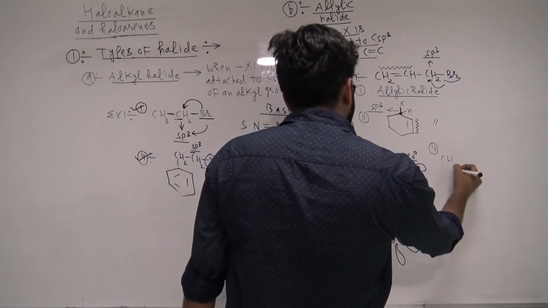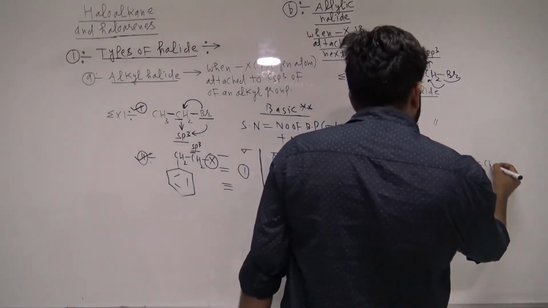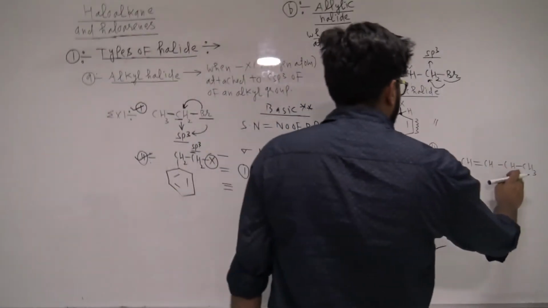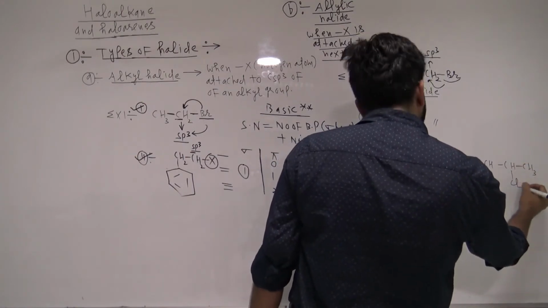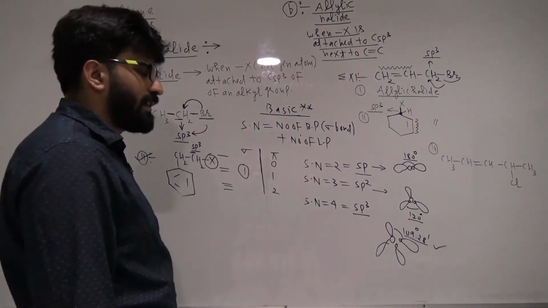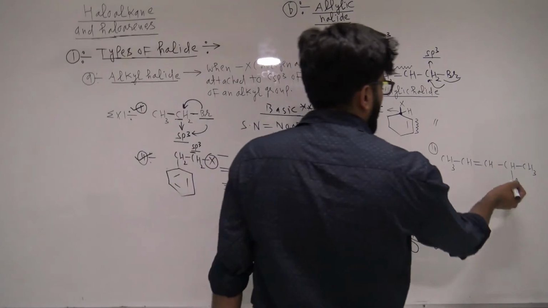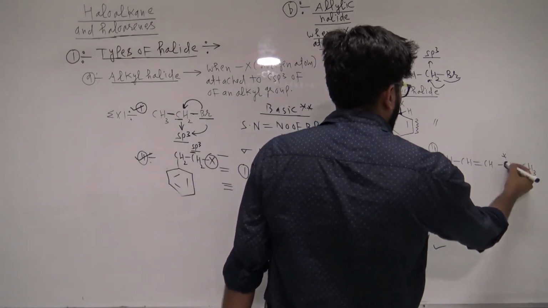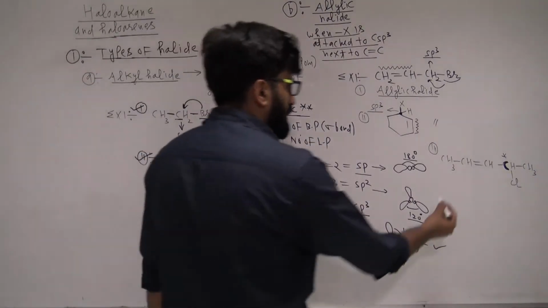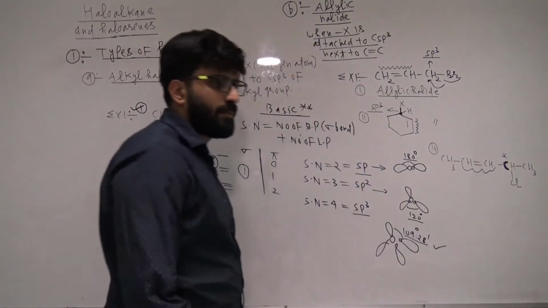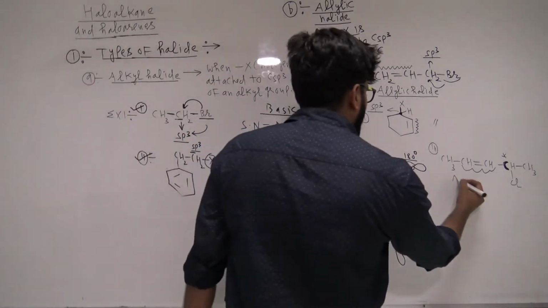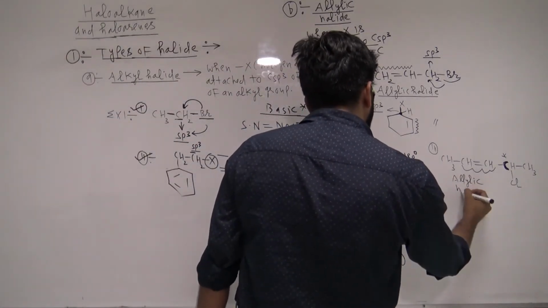Like, let's say we have CH3, CH double bond CH, CH2 and CH3. And suppose I have added Cl over here, right? So what kind of halide is it? Again, the halide can be checked with the help of the carbon that is attached to the halogen group. So this carbon's degree we are going to check. To this carbon, this halogen is attached, but this carbon is next to C double bond C. This carbon is next to C double bond C. So what kind of halide will it be? It will also be allylic halide. What halide, guys? Allylic halide.